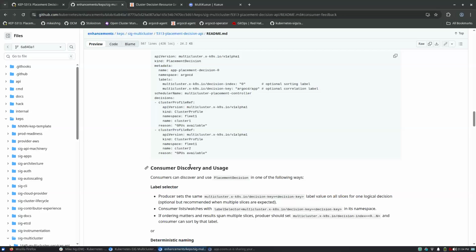I guess in our case, the reason that we put it here is that the scheduler would preferentially reactivate draining clusters if it needed to, rather than picking a completely new cluster. So it needed some knowledge of what the drainer was doing, or it needed to maybe even be able to control what the drainer was doing, or I don't know. Yeah, then in this case, if the scheduler and the consumer need multiple interactions, then this API probably cannot work. Makes sense. Yeah.